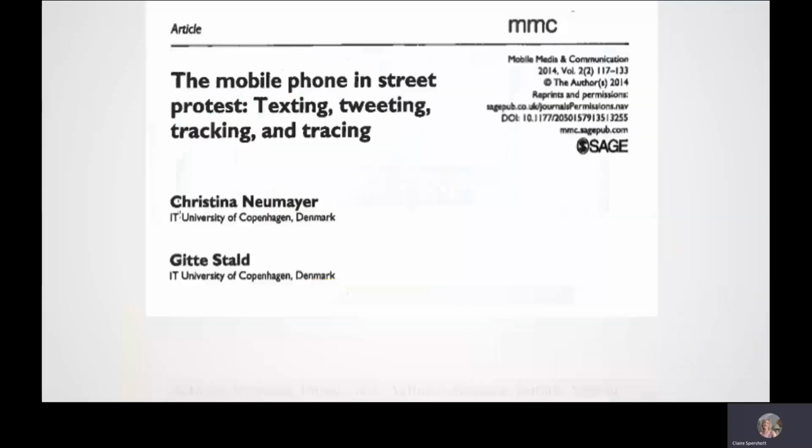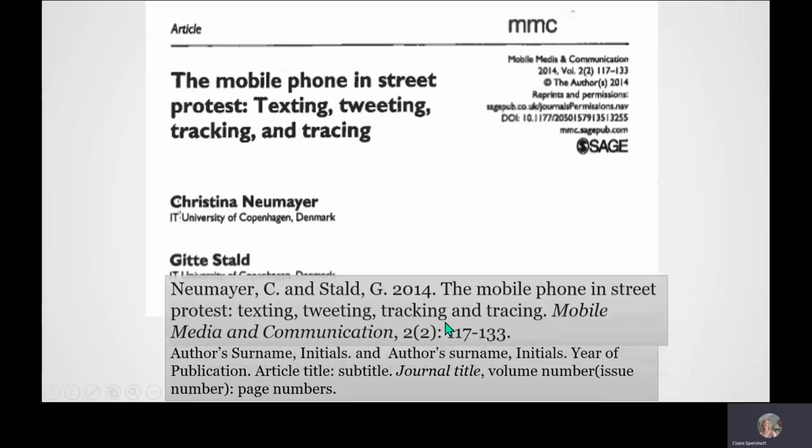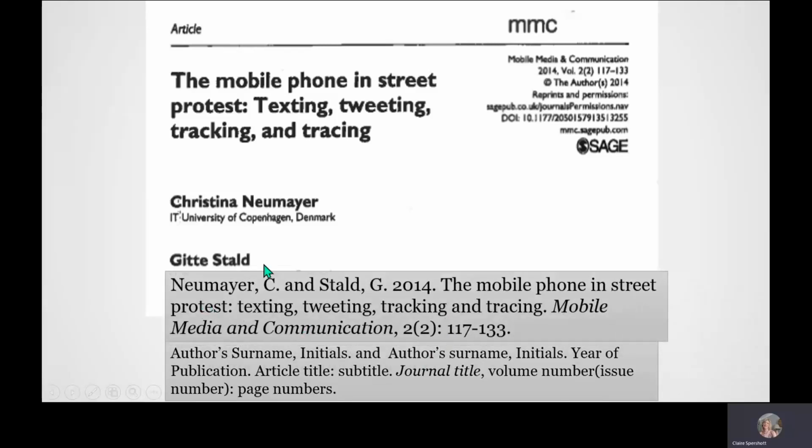Okay, let's very quickly look at another article. There's the format we're going to follow again. And here's your reference. So it's Neumeier, comma C, and Spald, comma G. The year we get from the top here. The article title, which is the mobile phone and street protests, colon, texting, tweeting, tracking, and tracing.